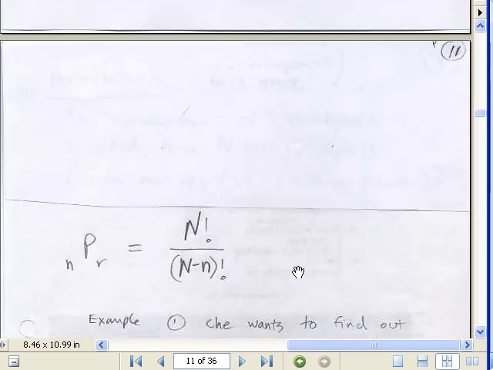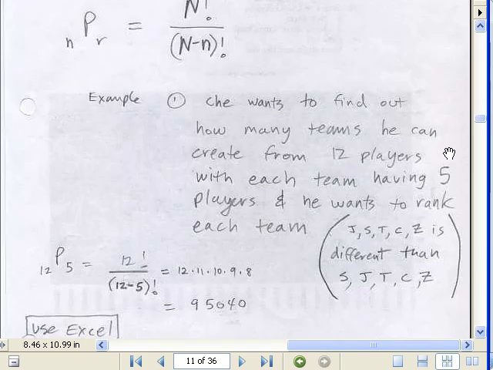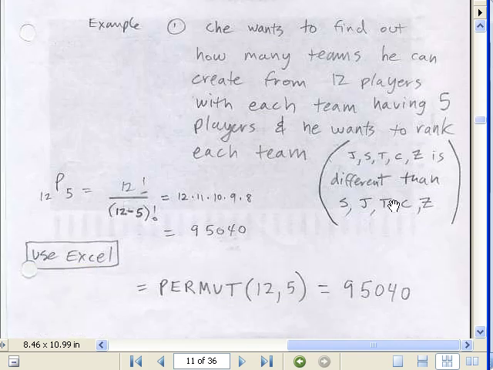Permutations, here's our next example. This is on page 11 in our PDFs. Same thing, except when Che decides a team, he has the first letter for these 1, 2, 3, 4, 5 players. But notice J, S, T, C, Z. Oh, and he just switches this around. S, J and then T, C, Z, they're the same as those. But this one is different than this one. That is permutation.